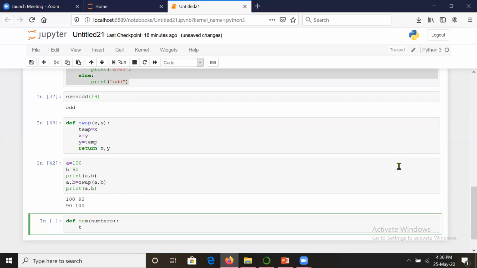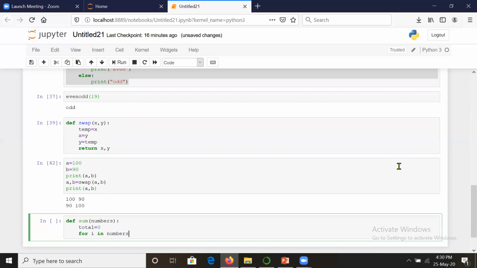So what we'll be doing is, for addition of those numbers, we will take a counter total 0, and we will take a for loop, for i in numbers, because numbers is a collection, and say total is equal to total plus i. So this is how we get the sum of the elements, and then we will be printing this.